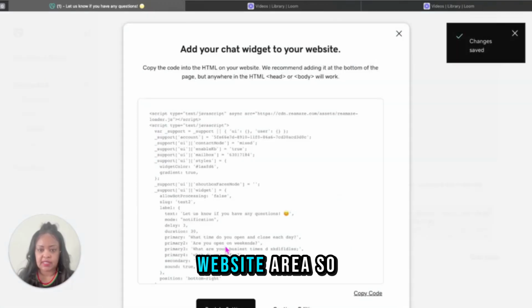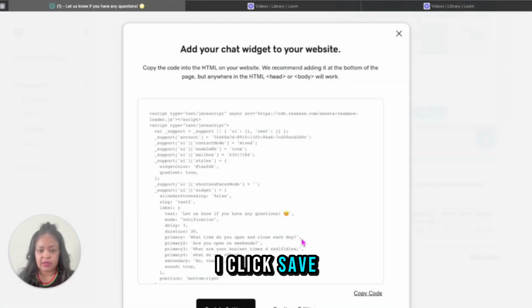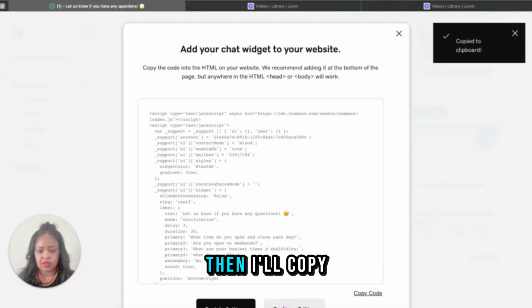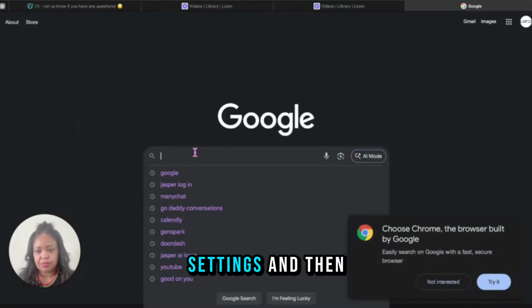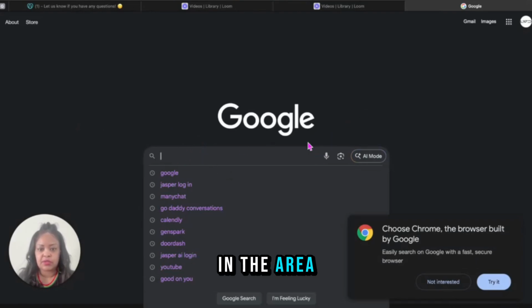So I click save, then I'll copy this code, then back to settings, and then example, and then you paste your code in the area where you paste your HTML codes, and then the chat widget will appear. So that's how you do that. That's a